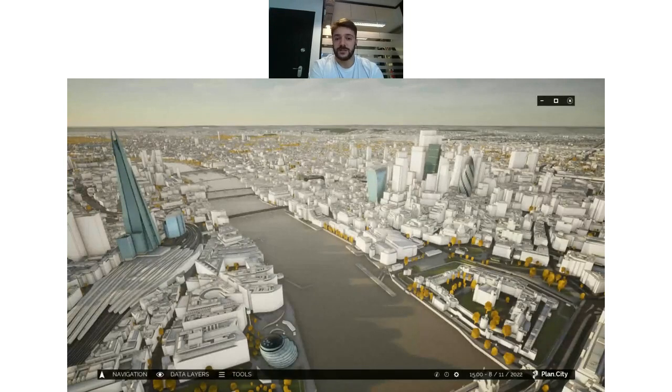We're going to be talking about how it works from the perspective of the front end, the tools, the data layers that it enables you to use, as well as some of the other functionalities, such as being able to navigate the app in different ways. Also, I'll look at the model that populates the scenes that you're seeing. And of course, at the end,